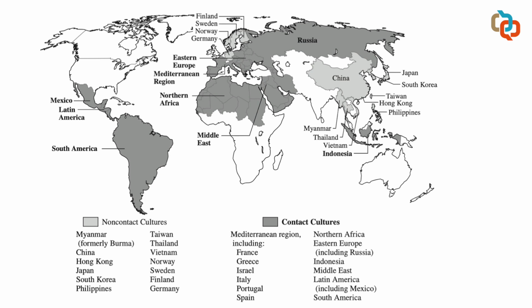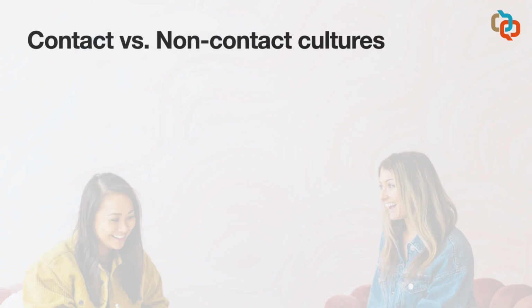Understanding whether a culture is predominantly contact or non-contact can help in various interpersonal interactions, such as knowing the appropriate way to greet someone, how to conduct oneself in a business meeting, or even how to navigate in public spaces. One of the dimensions that contact and non-contact cultures differ is the amount of eye contact people engage in daily